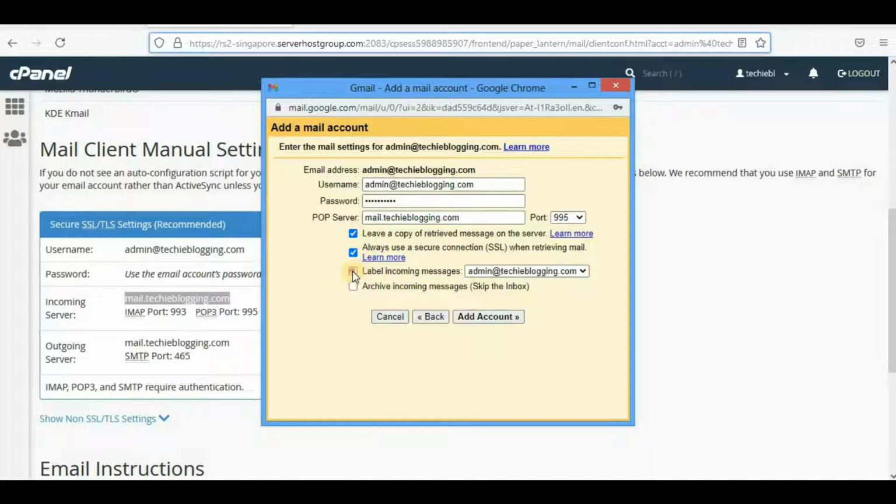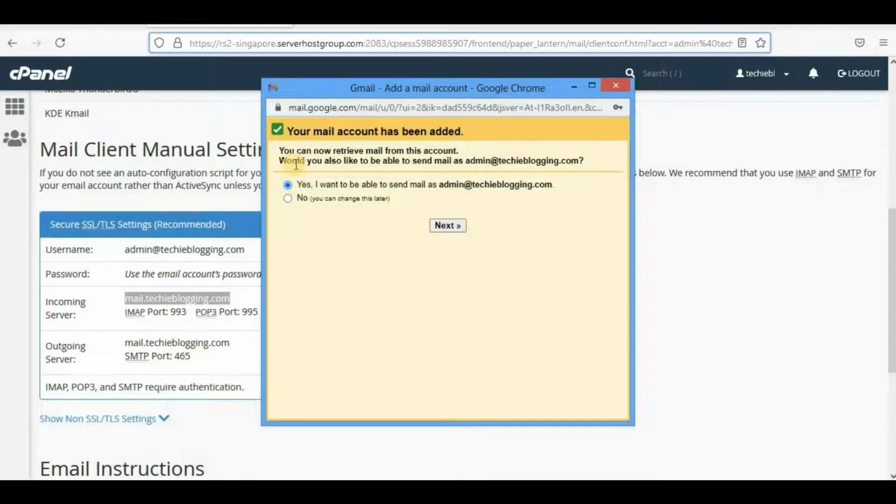click on label incoming message. I will tell you what it does. Then click on add account. So if you have given all the necessary information correctly, then you will see this message, your email account has been added. Now would you like also to be able to send email as